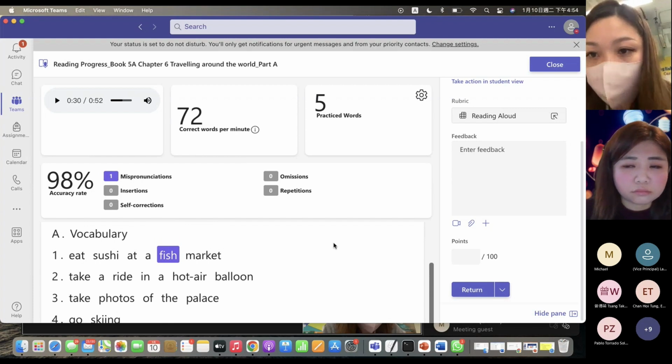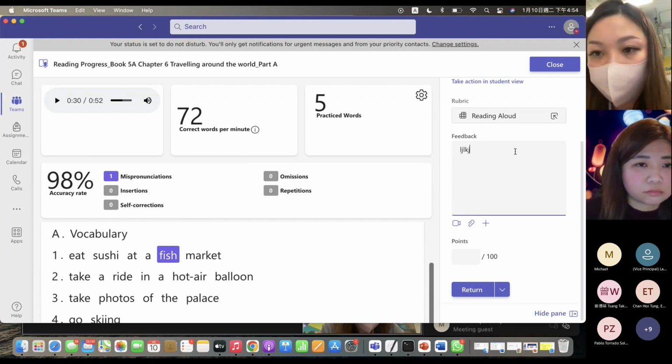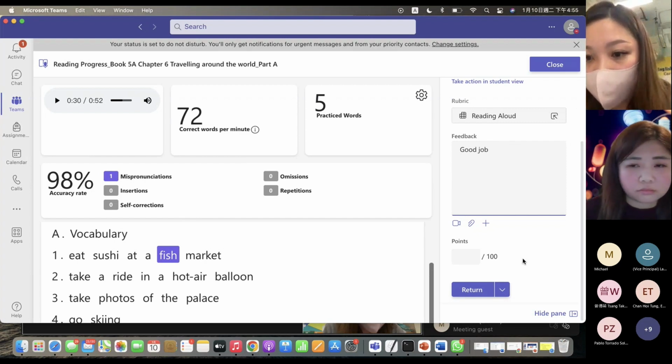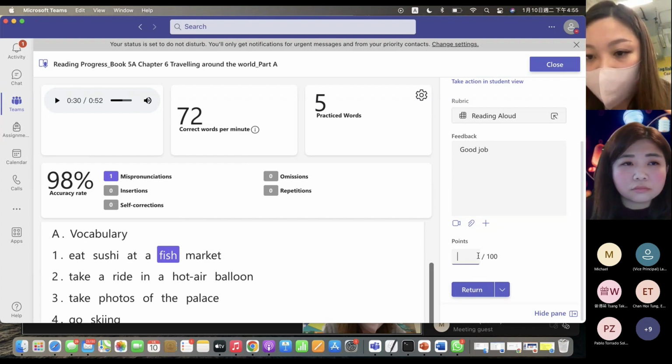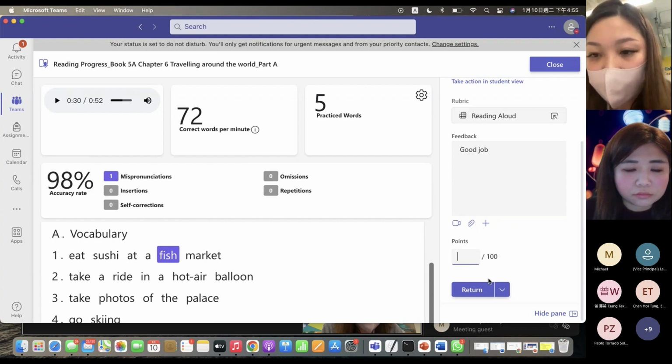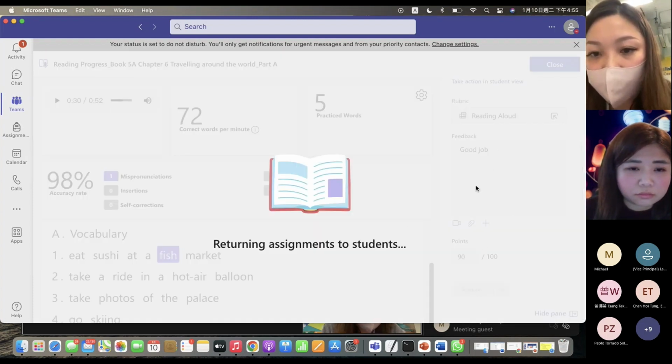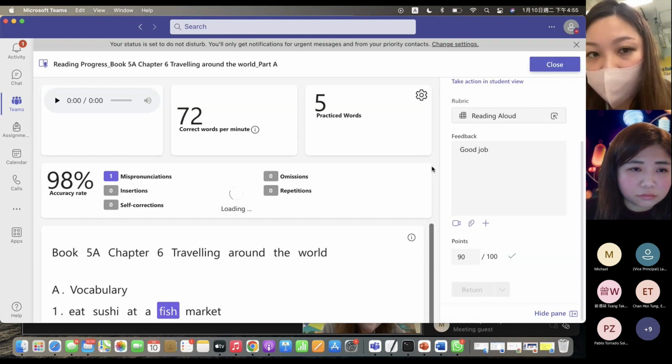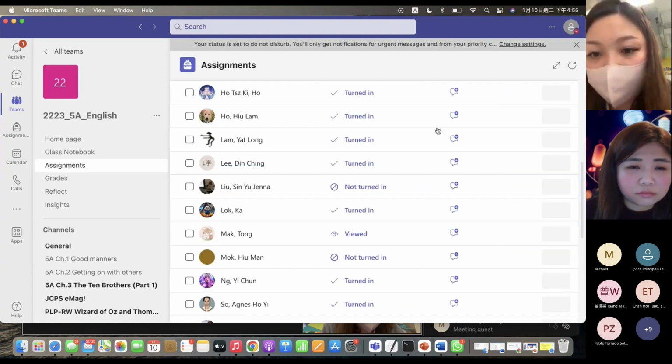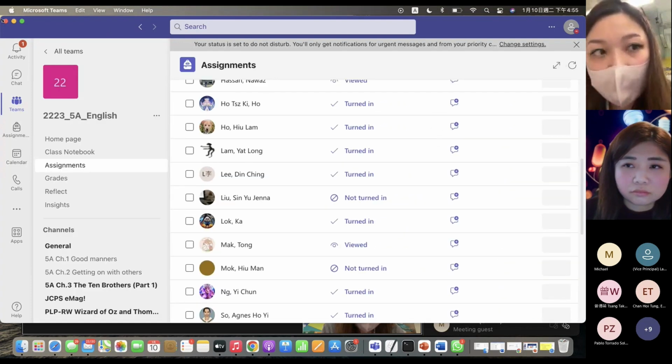So after marking, you can type some feedback here. Okay, for example, good job. And then click return, or you may grade it, put a mark here. Okay, and then return to the students. So the assignment will be returned to the students, and the student will be able to see the feedback from the teacher. So I guess the part for me ends here,